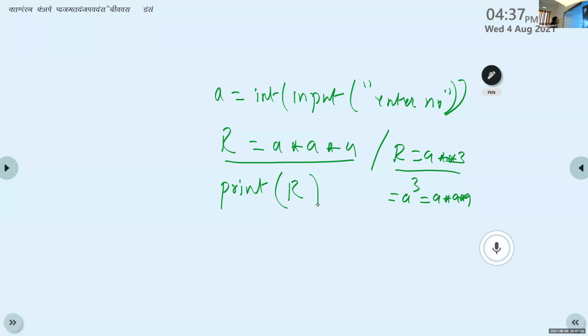Then I want to display the result like this: cube of a number is 8, or the content of R. How can we change this print statement? How can we rearrange this print statement?